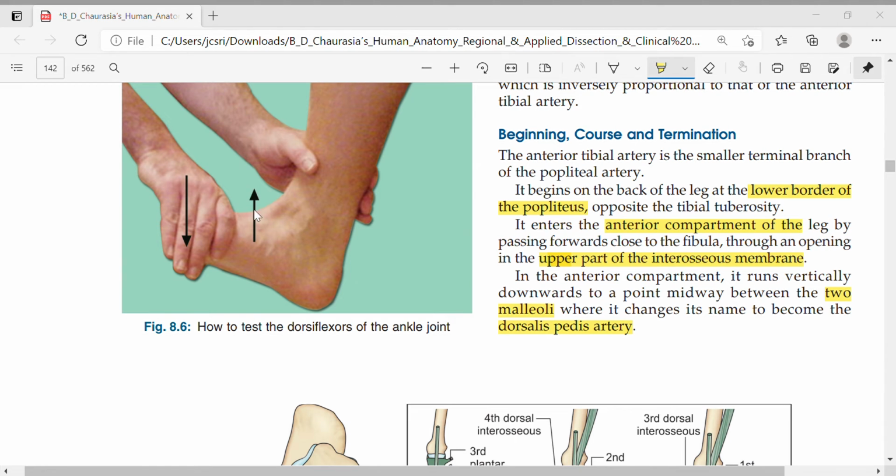So this is an image. As you see, the anterior tibial artery, behind that you have the interosseous membrane, the tibia is anterior, and at the top you have extensor digitorum longus, below that you have the extensor hallucis longus. Okay, this is the anterior tibial vein. This is the medial side, this is the lateral side, and the anterior tibial vein is on the medial side, this is on the lateral side. It ends as the dorsalis pedis.